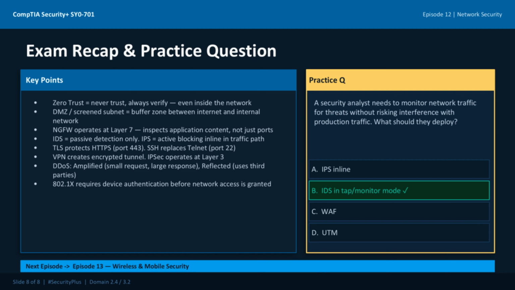Practice question. A security analyst needs to monitor network traffic for threats but cannot risk interfering with production traffic. What should they deploy? The answer is an IDS in tap or monitor mode. An IDS is passive. It only observes and alerts, never blocks, making it safe to deploy without any risk of